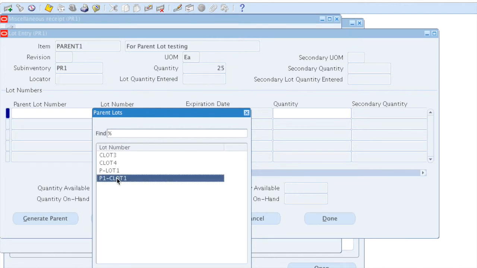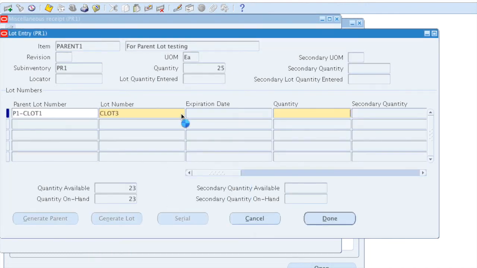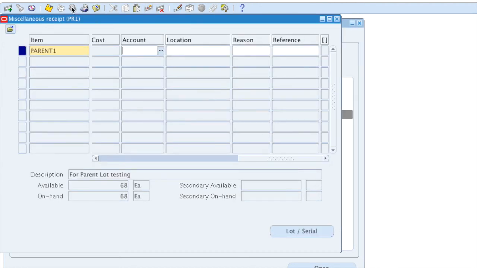As I receive more material, during that receipt process I can create a new lot. Notice I can use an existing lot as a parent lot. So instead of using a lot that was purely a parent lot, if I end up using a lot that is just a child lot, then I would create a grandchild of the real parent lot.